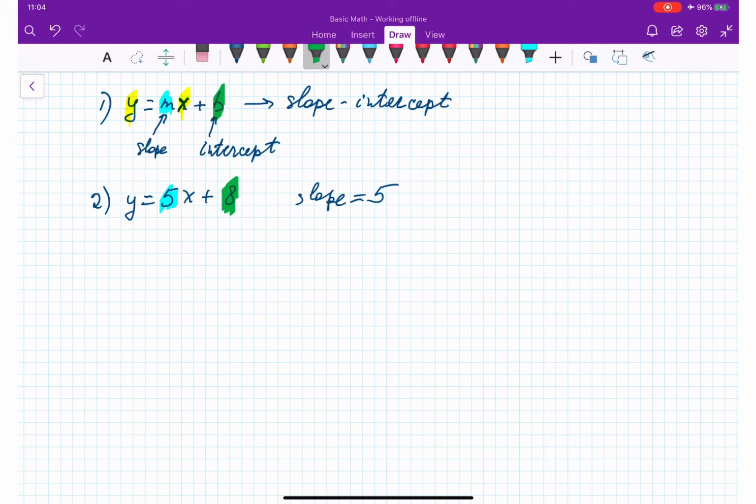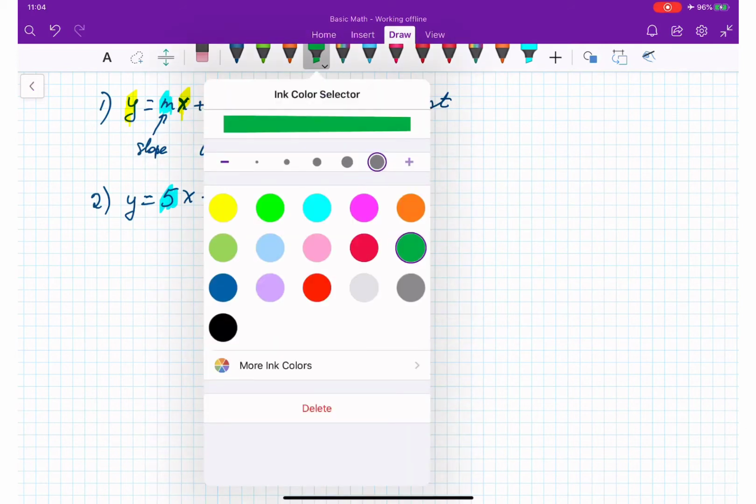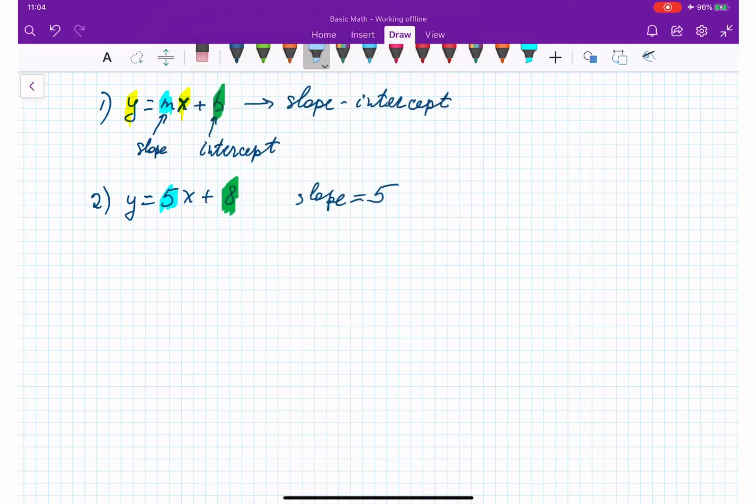Just like here, b. Yeah, the color is not the best. Let me put this one, otherwise it's not seen. I'll tell you what, let me clean this first. And I will use this color, which is better seen. 8, and we use b. Okay. So the intercept